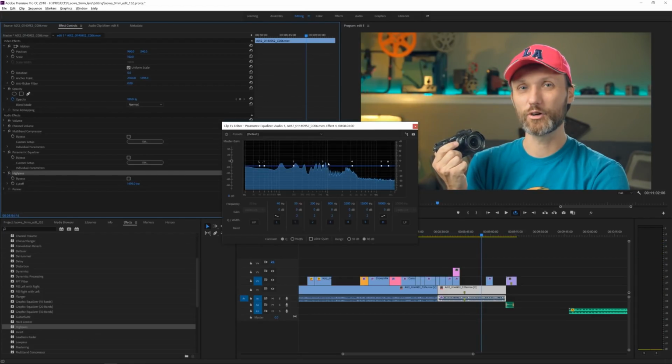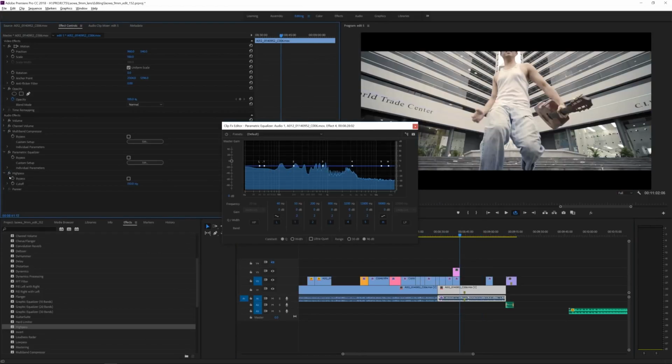So as you can see, it's cutting off around 1500 hertz, somewhere around here in the frequencies. All these other frequencies are basically being erased. Like I said, because of that it makes my audio sound very tinny. So what I'm going to do is change it. Let's just go to 150 hertz, for example, because somewhere here is where I want to cut off the audio. And now let's play it and enable this.